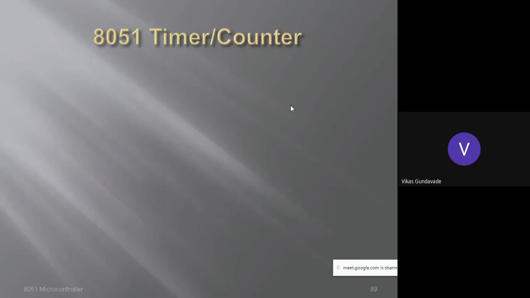So the timer is used to provide the delay, and also to count the number of events generated within a specific time. When the peripheral is used as a timer, it provides the delay; at the same time, the same peripheral can be used as a counter. Everyone got it? Now, using this timer, we require 4 registers, of which 2 are special function registers, called the TMOD register and the TCON register, where the TMOD register is used for mode selection of timers.